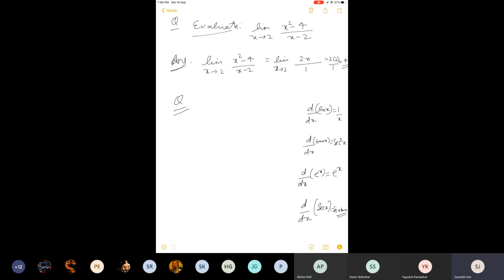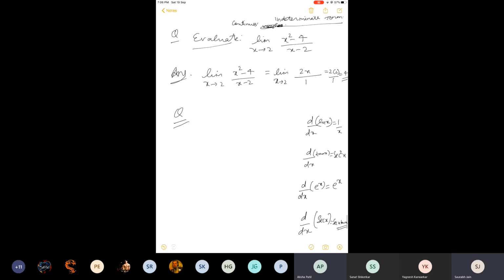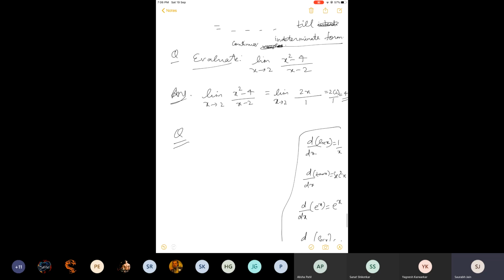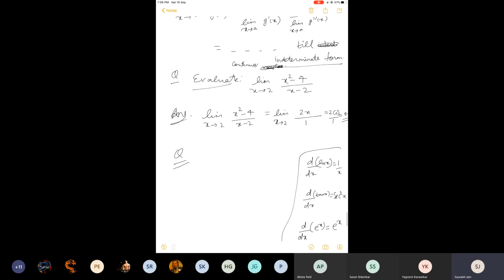Just confirm one more thing. Have you studied something called chain rule in differentiation? Do you know what is chain rule? Yes, sir. All right, that's sufficient for now. That will help you to solve all the questions. Okay, let us come back. Now, see, this particular question can be solved in so many ways, so it's your choice which method you want to select.